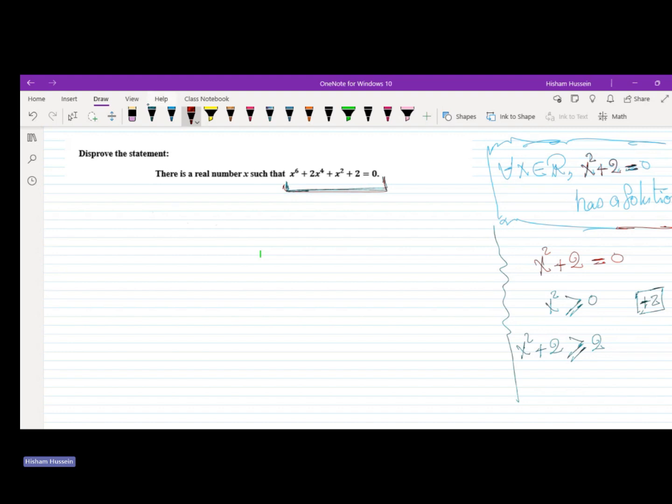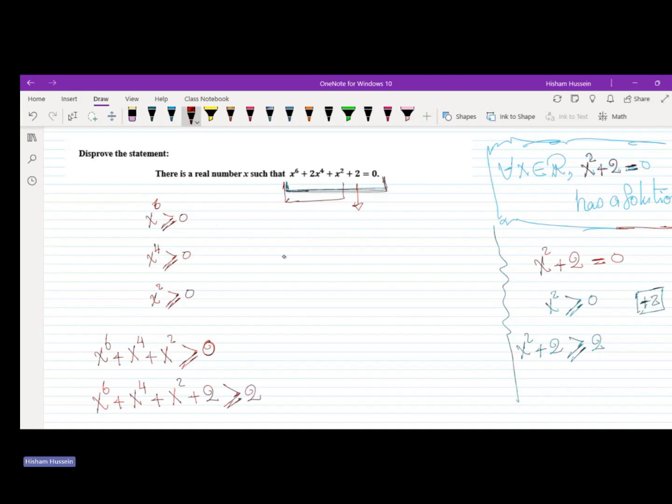Okay, prove that. x to the power 6 has an even power, so x to the power 6 is greater than or equal to 0, right? What about x to the power 4? x to the power 4 is also greater than or equal to 0. What about x to the power 2? x to the power 2 is greater than or equal to 0, which means that regarding the first three terms, x to the power 6 plus x to the power 4 plus x to the power 2, these three terms are greater than or equal to 0. But what if we add 2? x to the power 6 plus x to the power 4 plus x to the power 2 plus 2 is greater than or equal to 2, which means that